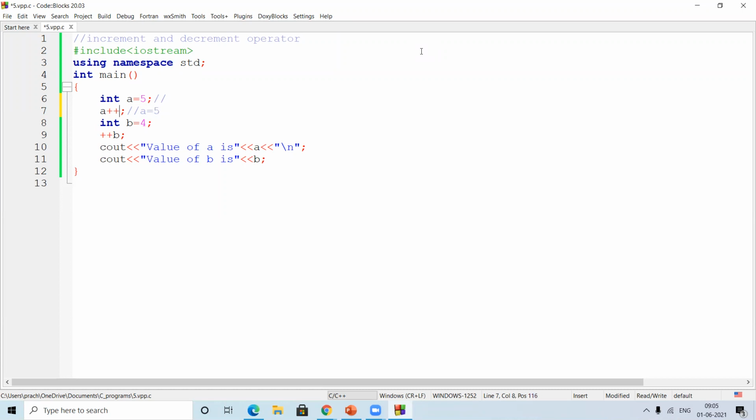When this semicolon is executed by the compiler, then at the next step, the a value will become 6. Post-increment means first execute with the current value, then increment afterwards, simple. And in b's case, it is pre-increment: where it is, right there increment it, so it will be 5. So now when we print, this is going to be 6 and this is going to be 5. Here it doesn't make much difference as such.